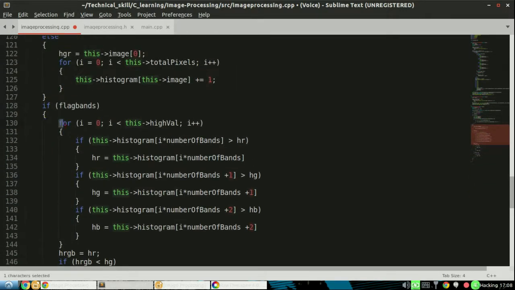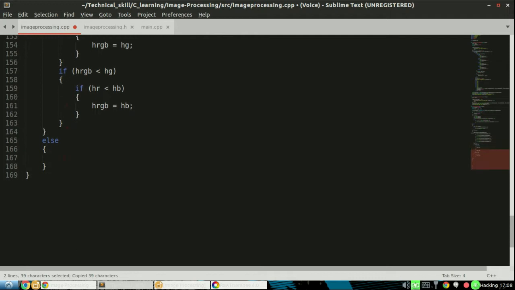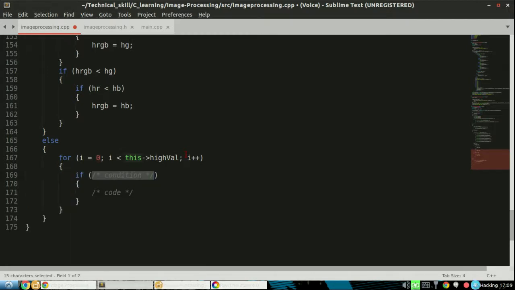We just put this for loop over here. This is not high value, I plus plus. We say if histogram of I